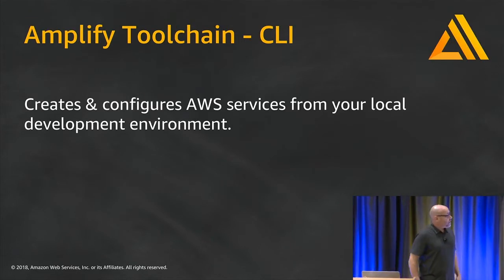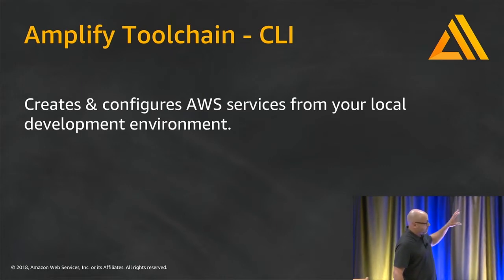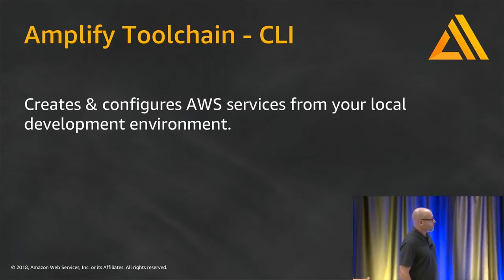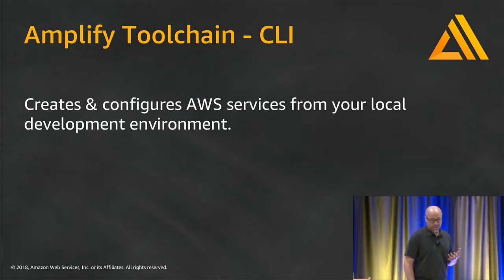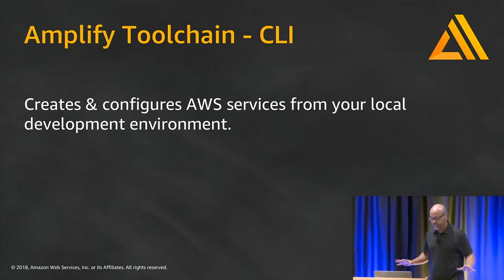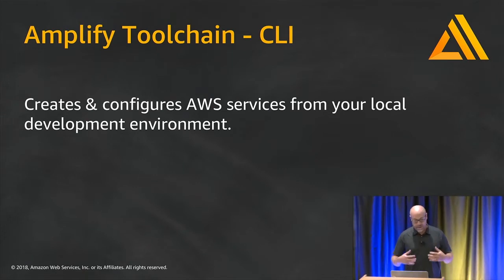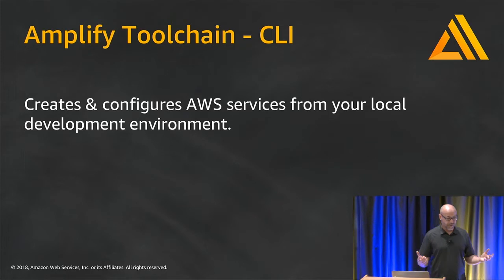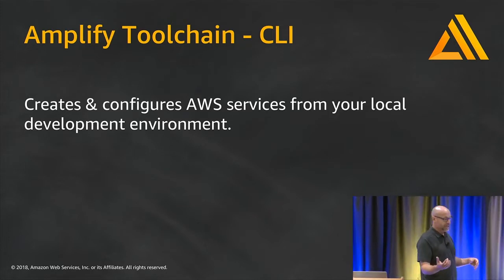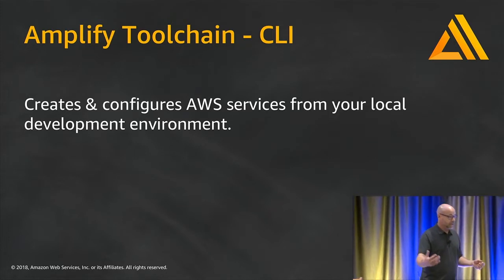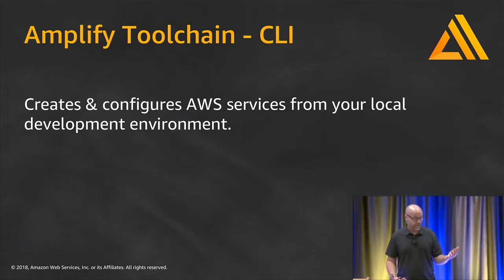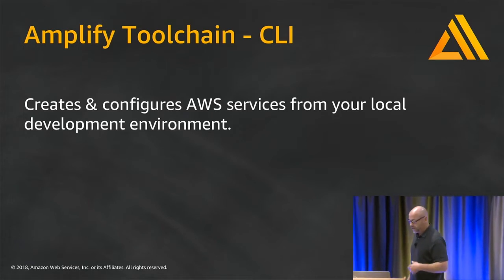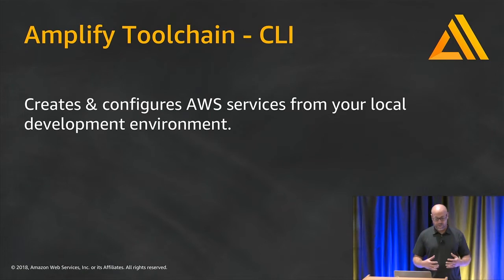So the toolchain is the CLI, in addition to what we talked about for the GraphQL pieces. But it creates and configures AWS services from your local development environment. So that's really its ultimate goal, to allow you in your local environment, just like the AWS Unified CLI, where we can do S3 copy. If anybody's using that, AWS S3 LS, if anybody runs that right now, it'll just list your S3 buckets. So that kind of value we'll bring in for the developer in our local